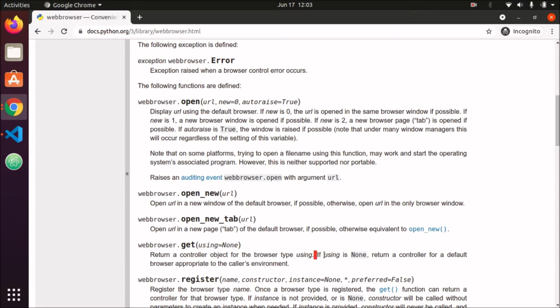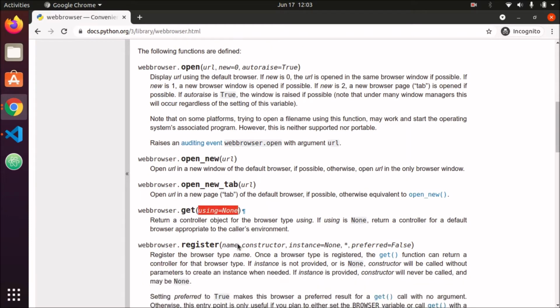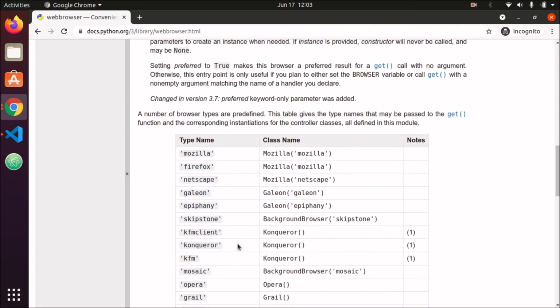If using is none, then it returns a controller for a default browser appropriate to the caller environment. It means if we provide none as the using parameter, then the browser which will open is our default browser. Now here are some words, like, if you want to open Mozilla Firefox, then we will give our argument as mozilla.